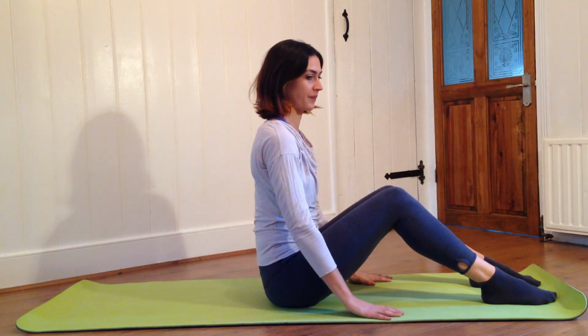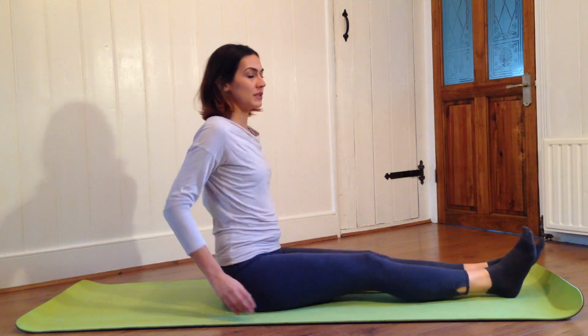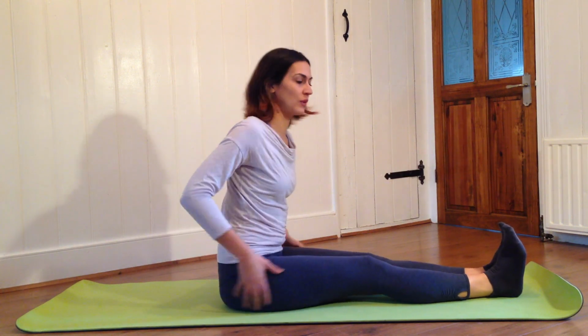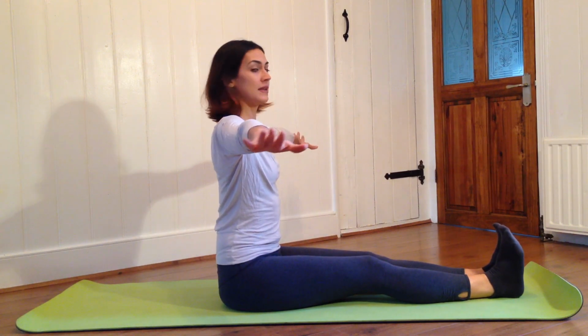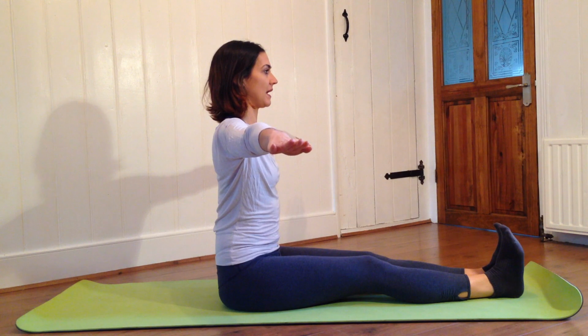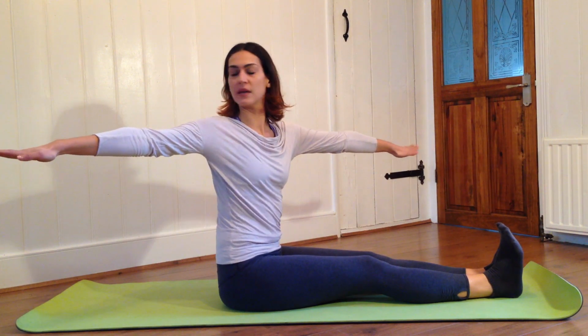Relaxing the arms down. Okay, let's extend the legs out in front of us. Sitting up nice and tall. If you can't sit up tall here, again, sit on a cushion or two, as many as you need. Legs in front of us, arms out nice to the side, slightly in front of us, palms facing down. We can turn the head, turn the chest, and the arms move because they're attached to us, and then back